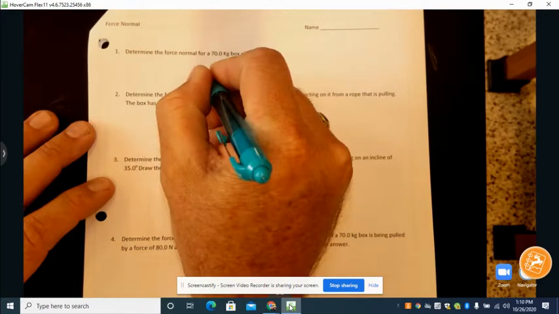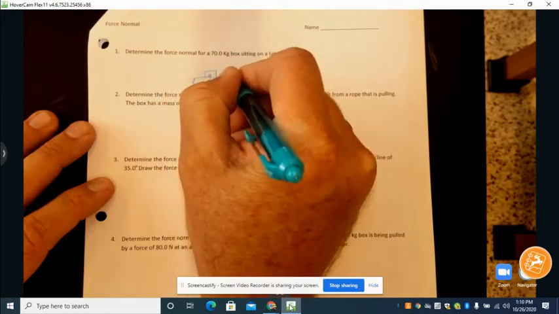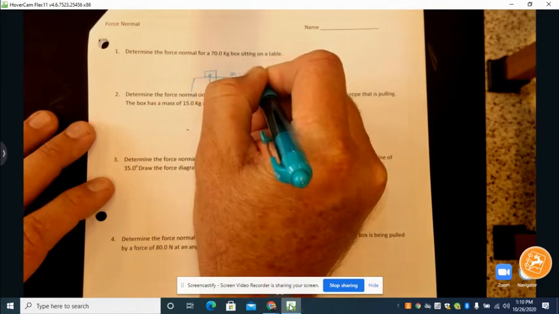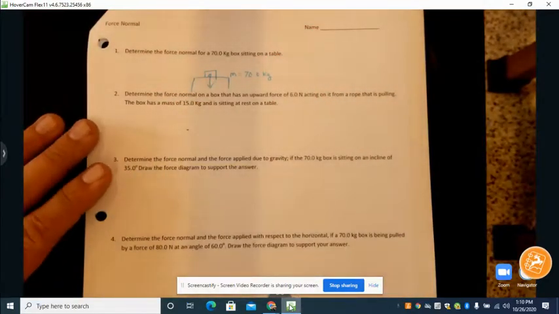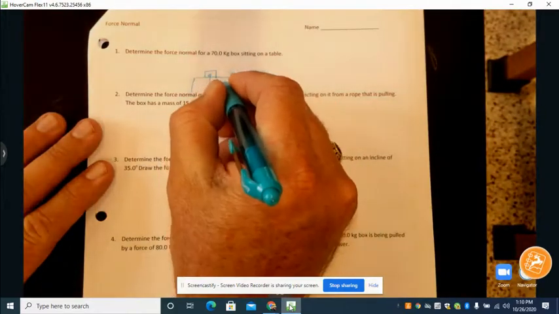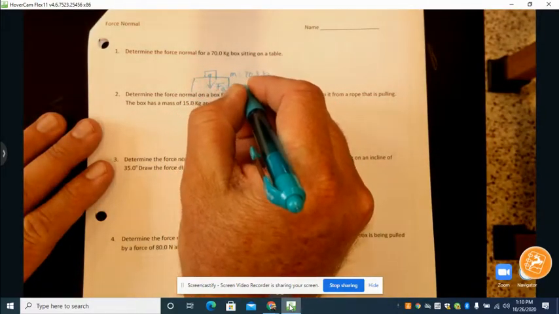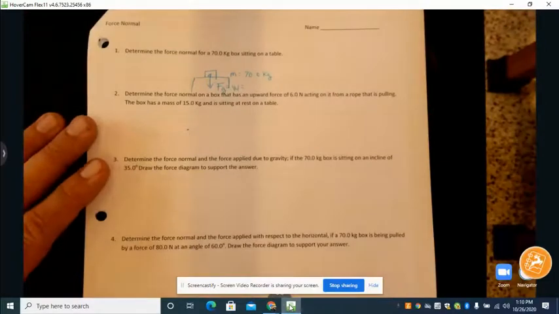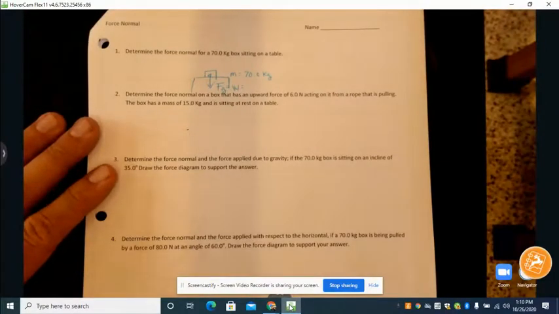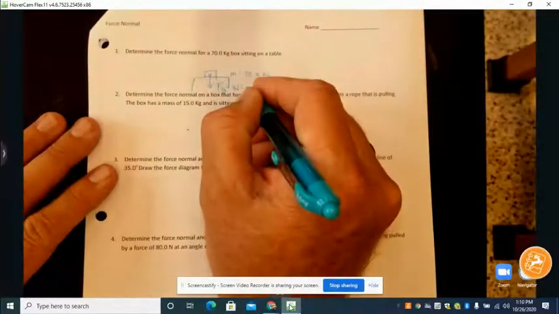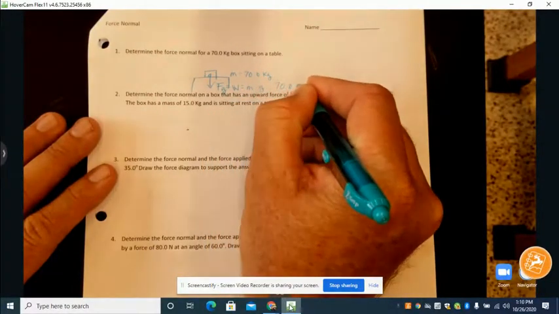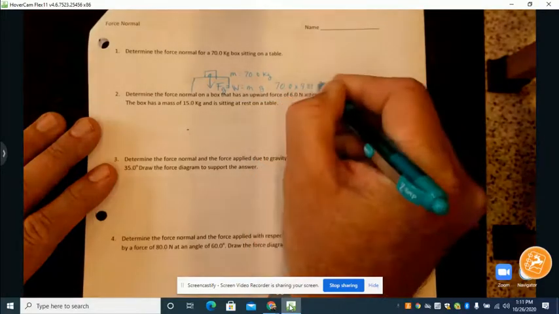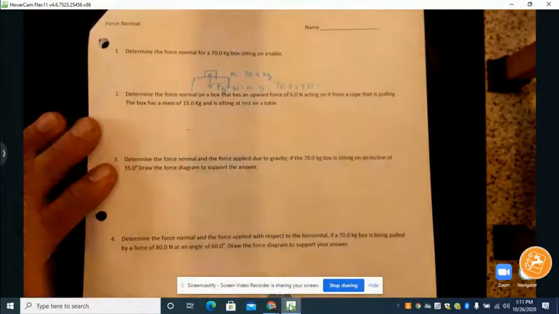Number one, we have a box sitting on a table. That box has a mass of 70 kilograms. So the first force that we can't get away from on our free body diagram is the force of gravity, or the weight. You'll see me write that as F of G, and then as W. So 70 kilograms, so weight is mass times gravity. So 70 times 9.81 equals a weight of,